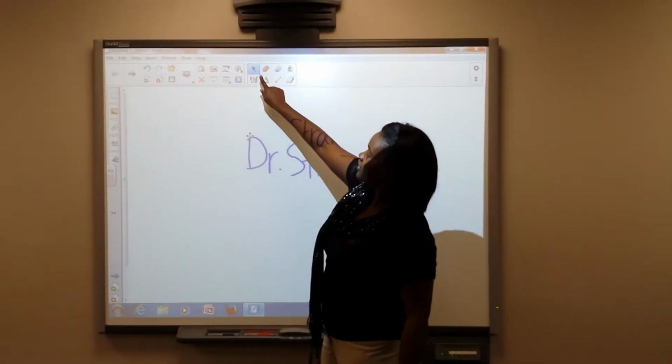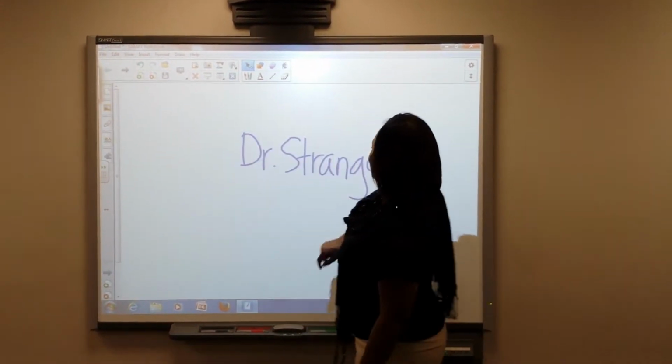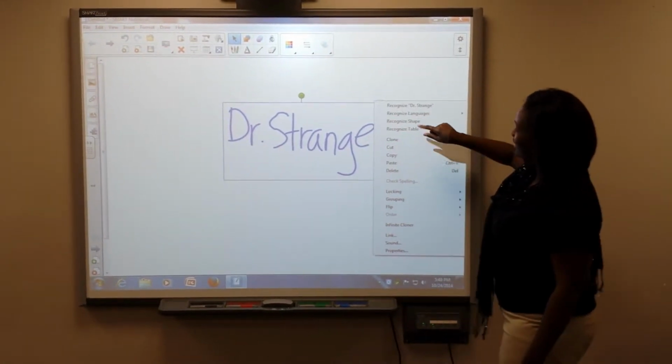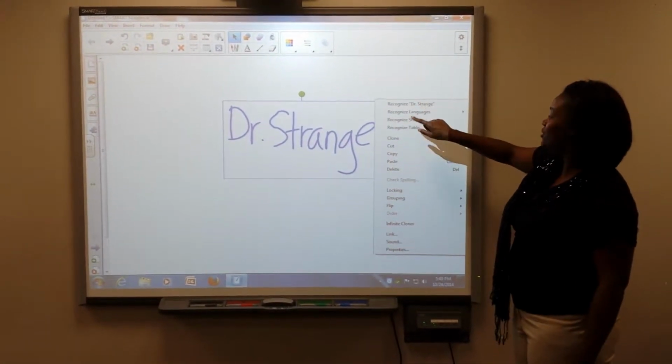You want to go up here and press this arrow, and then you just click on the text. You can drop down the menu here and it's going to say recognize text that you've written out,